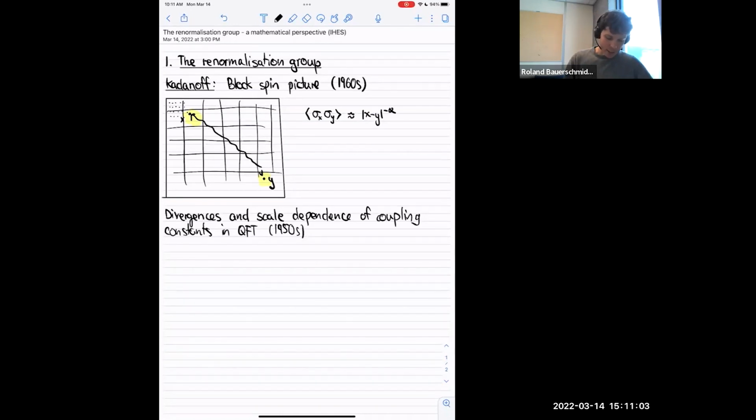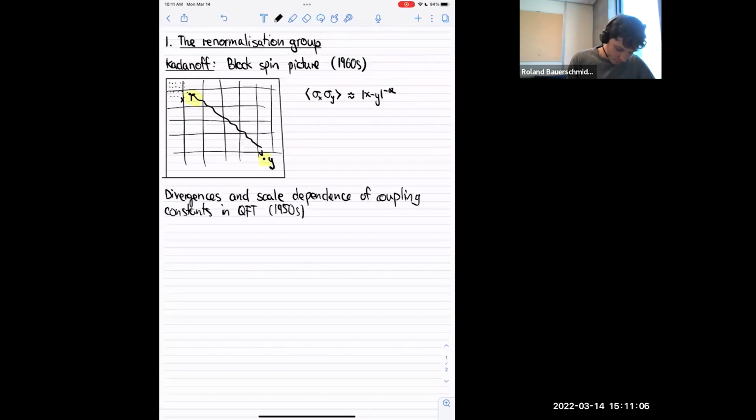And I think this was really understood conceptually deeply by Ken Wilson, in maybe the late 60s and early 70s. There are also many contributions of others, but if one person has to be singled out, it would be Wilson in this context. But maybe a few other names to mention would be Michael Fisher and Wegner and others.